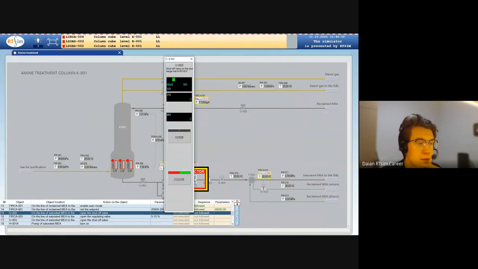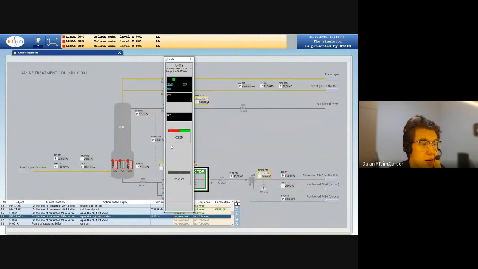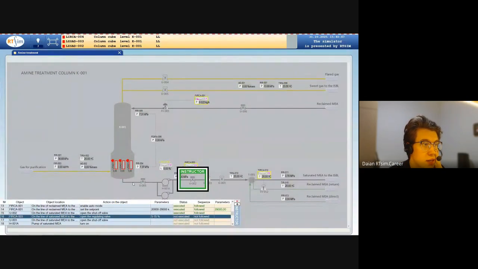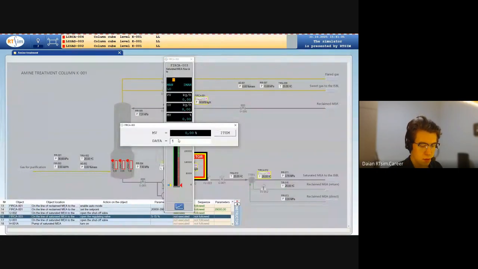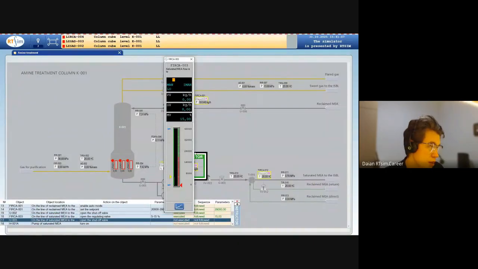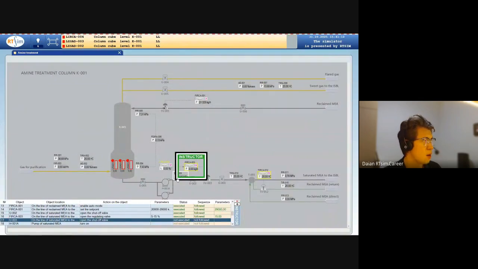Next, we open the shutter valve at the pump outlet to open the path from the pumps to the heat exchanger. Next, let's open the tier 3 device. Here we can see, I have set 20%, and on this stream we will